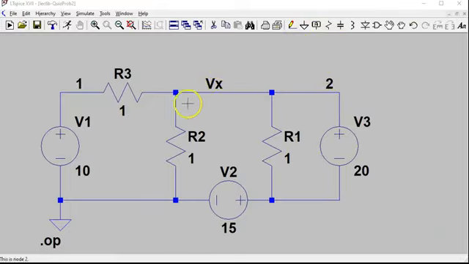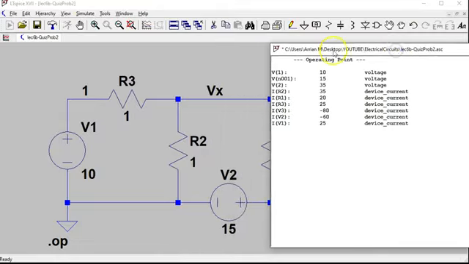So let's go ahead and simulate this, but before that, let me just indicate that I have chosen the ground reference node to be this node, but it could really be any node, and you just have to be cognizant of the direction of the voltage drops across each component, and you'll just have to shift the voltage values around. Really that's the only downside to this, but we do have to make sure it's not ambiguous and we have to put a ground node somewhere. But let's go ahead and simulate this